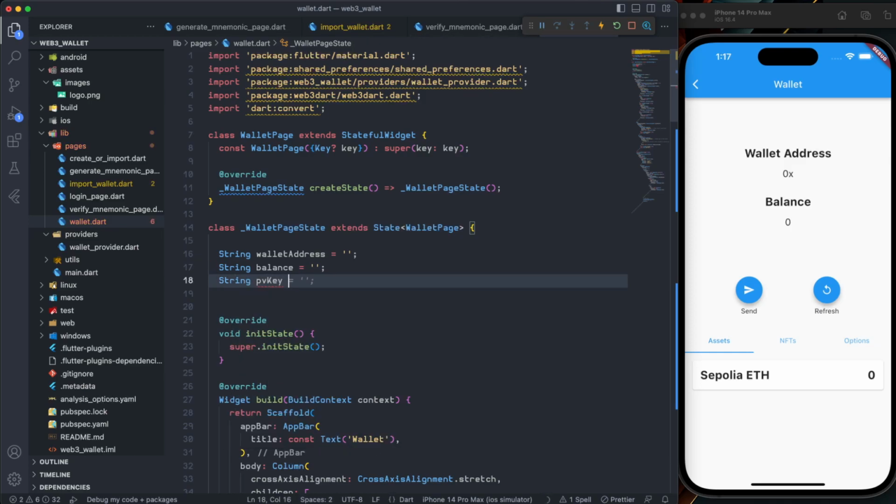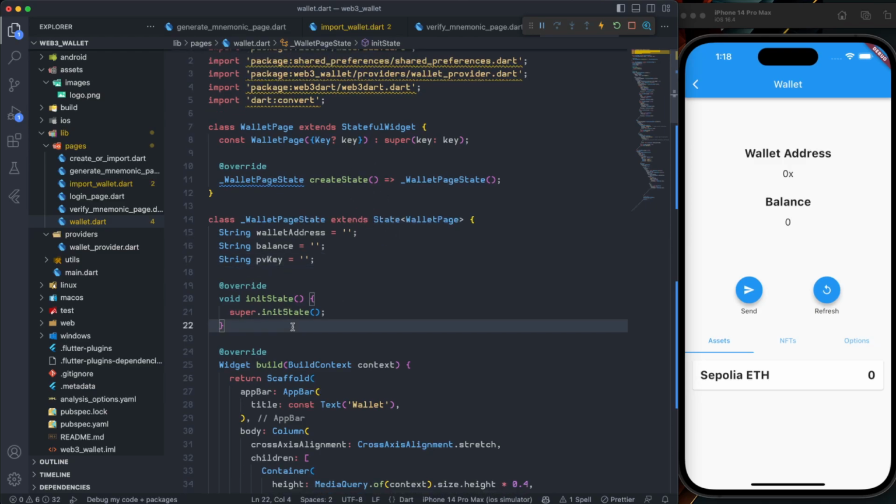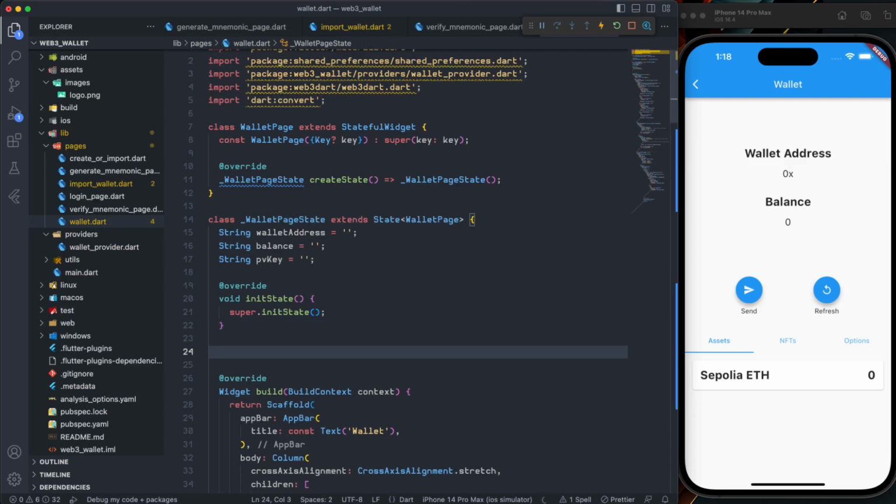This PB key is going to reference that private key, and it's just because we don't want to keep loading this over and over again, but instead just load the private key here on the wallet page, and if we navigate, for example, to the send page, send that private key over as a variable instead of keep loading it from the shared preference. So let's create a new function here, which is going to be a future void